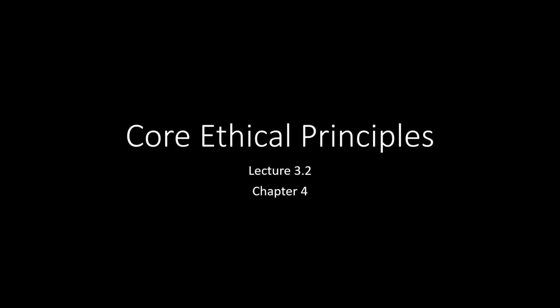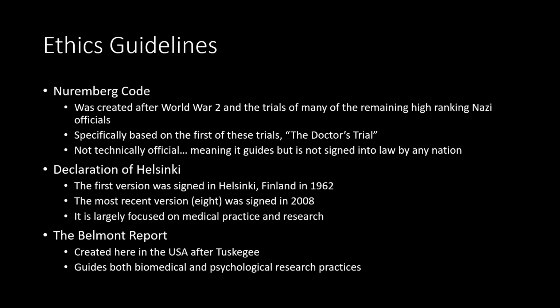For this part of the lecture, we'll be talking about a few of the places the original core ethical principles really came from. So probably the three most commonly talked about sets of guidelines are the Nuremberg Code, the Declaration of Helsinki, and then the Belmont Report. So starting with the Nuremberg Code, this is not technically an official set of guidelines, as